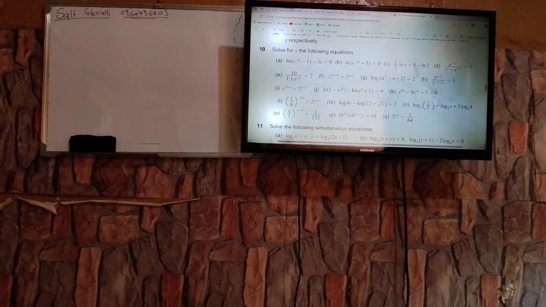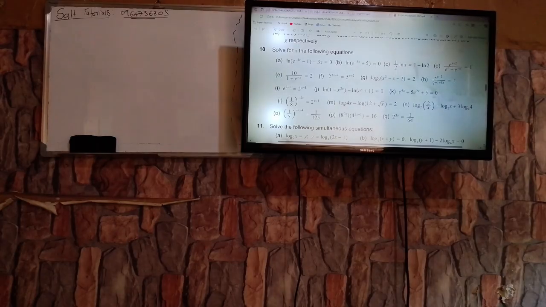Welcome back, even as we run through again our worksheet 6, which deals with logs and exponential functions. So today I want us to focus on equations. These equations are basically in both exponential and logarithmic forms. So we are looking at both logarithmic functions and exponential functions. So let's solve a number of equations which we have